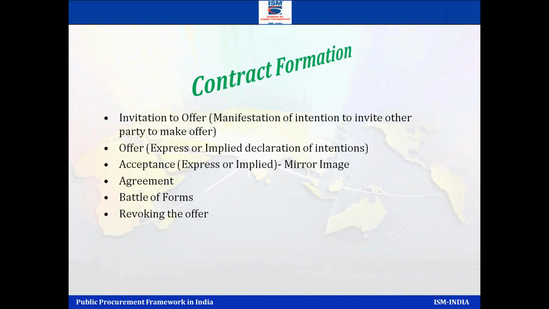Now comes contract formation. Offer is a beginning, keep in mind. Somebody has to accept it, then the contract is formed. As you go to the department store, somebody is displaying a dress outside. You like it and you say, I accept it. You go to the counter. There's an offer already there, acceptance is there, and the contract is formed. So there has to be an invitation to offer, and then acceptance, and agreement on both sides. The next thing you also have to avoid is the battle of forms, as I said: a mirror image has to be there.